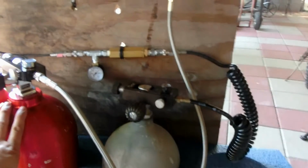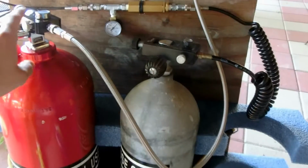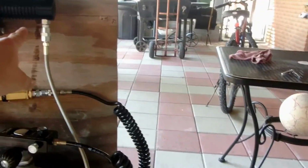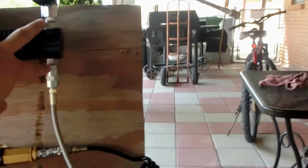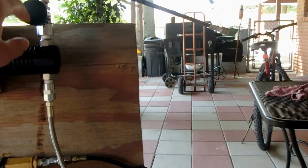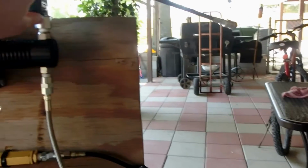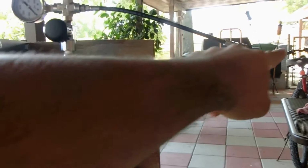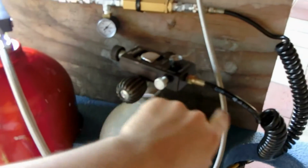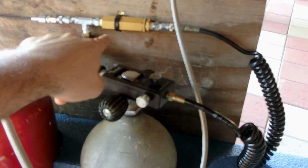But basically, this high pressure side runs from this K valve up through this hose into this section, and this section goes to this Sherwood valve and out towards your gun. This smaller tank runs to your regulator, which runs down to